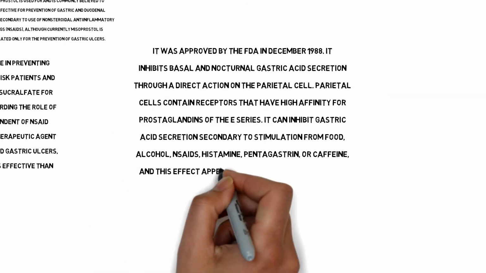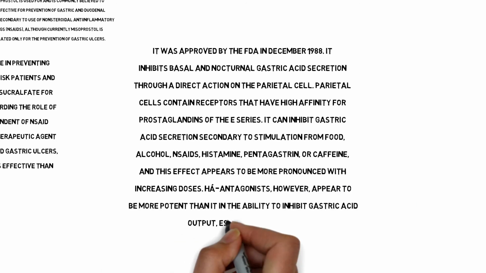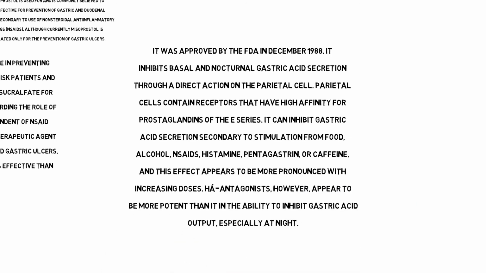It inhibits basal and nocturnal gastric acid secretion through a direct action on the parietal cell. Parietal cells contain receptors that have high affinity for prostaglandins of the E series. It can inhibit gastric acid secretion secondary to stimulation from food, alcohol, NSAIDs, histamine, pentagastrin, or caffeine, and this effect appears to be more pronounced with increasing doses. H2 antagonists, however, appear to be more potent than it in the ability to inhibit gastric acid output, especially at